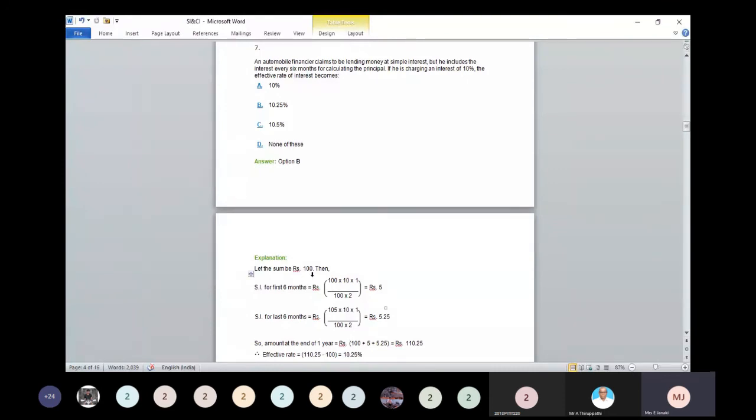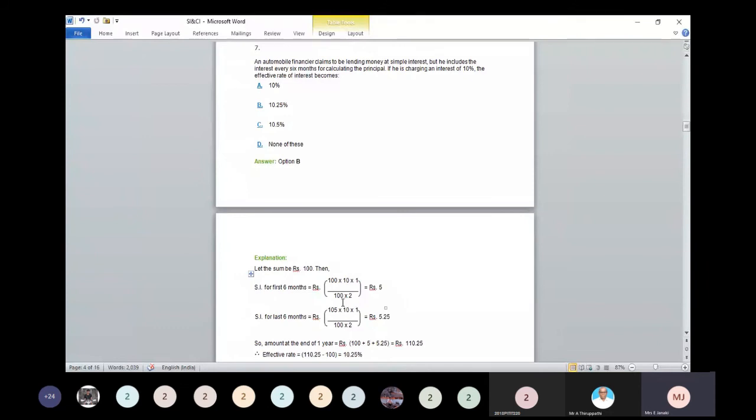Okay. And then the simple interest for the 6 months. What is the formula? Simple interest for 6 months, because every 6 months only we calculate, right? The interest will be calculated for every 6 months. So take the period as what? A 6 month. Anyway, the simple interest formula is PRT divided by 100, where T is calculated for a year only. So here we will consider 6 months, that is half of the year, right?